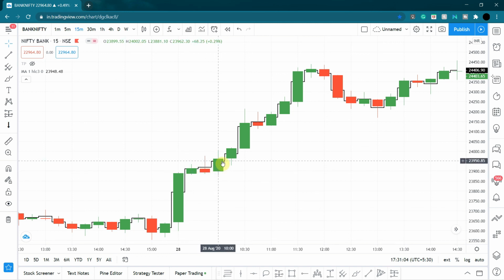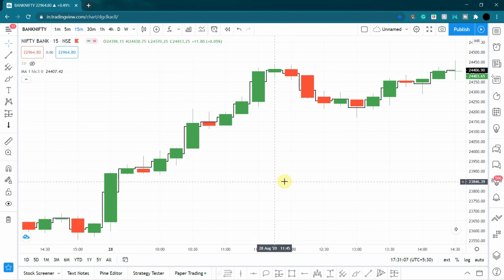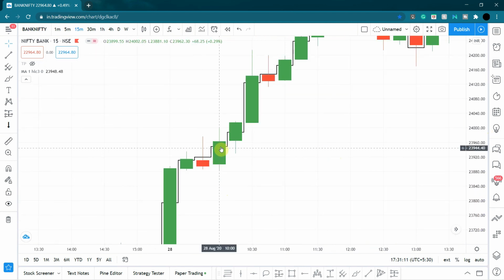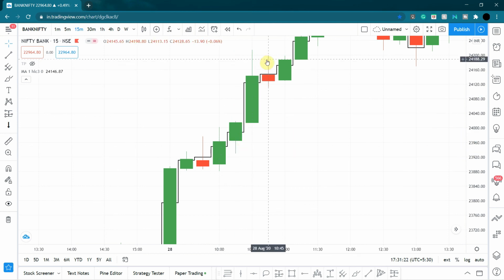And as you can see the previous candle, let me just zoom in again. I hope this is visible enough. So if you place a limit order right over here at this candle's mean, as you can see the next candle actually came a little even further below, and then started moving even higher. So I think that was a very good level to enter.